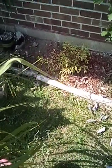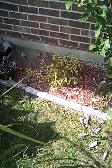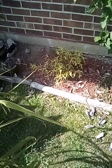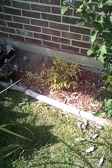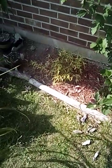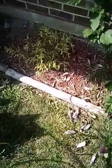So, and last winter I thought it was a goner because it definitely had a lot of brown foliage and it just did not do well for me. I thought I was going to have to replace it, and I was hoping I wouldn't have to, but yeah, it seems to be doing really well now, and it's gotten a whole...